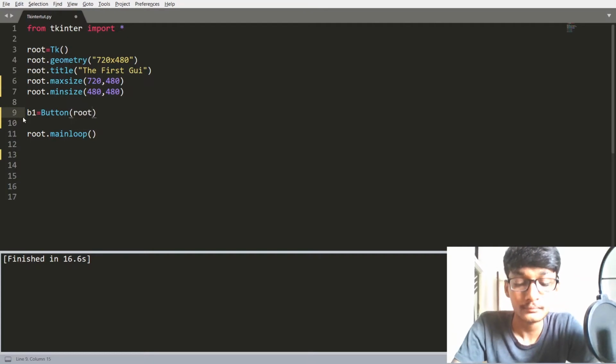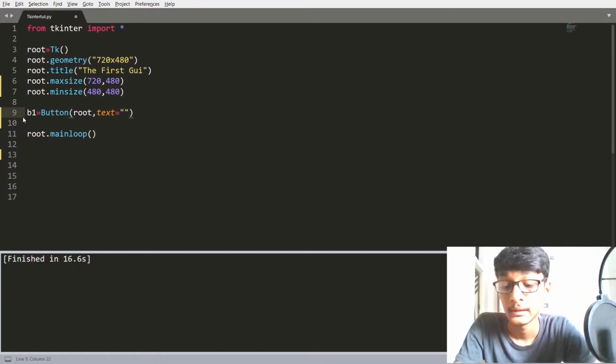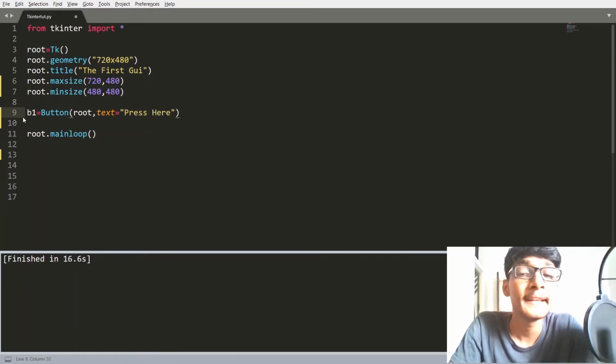The second parameter that you have to pass is text. Here I am going to pass text like "press here", because we are creating one button. Now I am going to run this code.